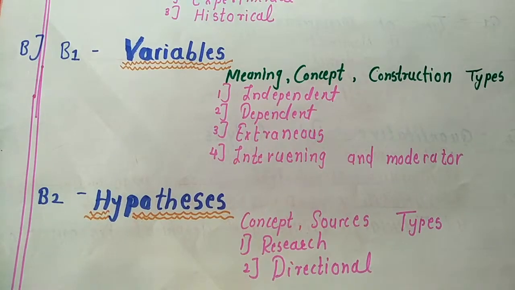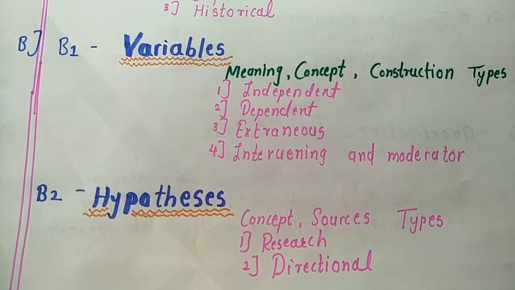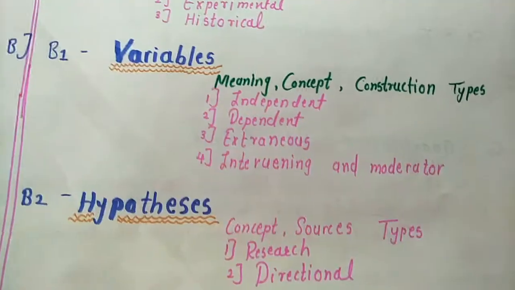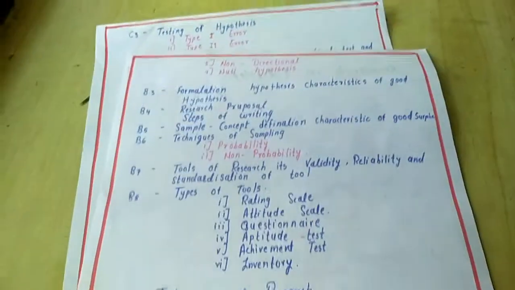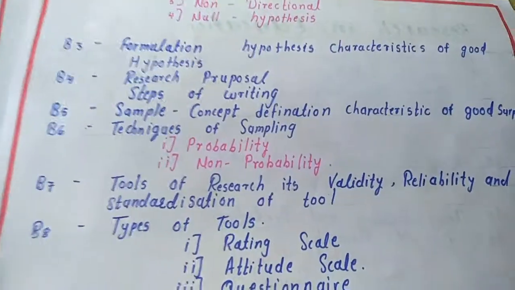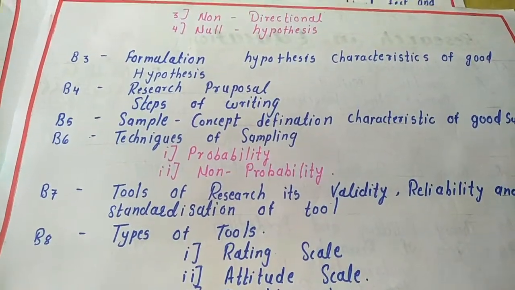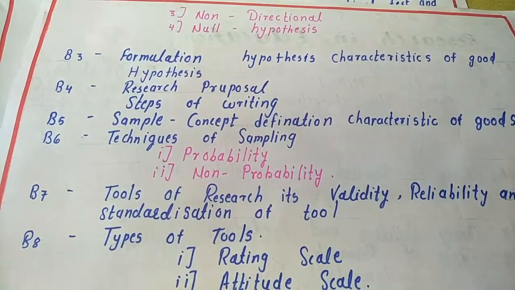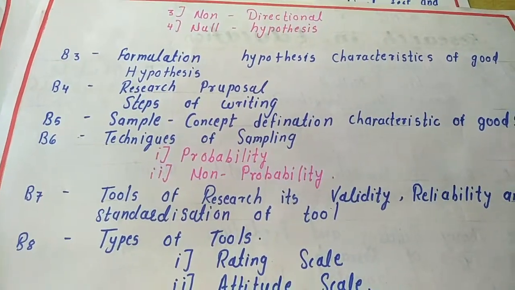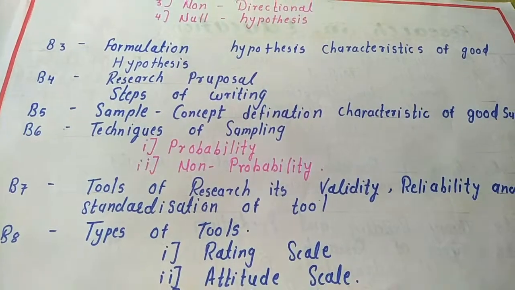Then hypothesis, concept and sources of hypothesis. Then types of hypothesis: research hypothesis, directional, non-directional, null hypothesis. Then formation of hypothesis, characteristics of good hypothesis. Then next one, research proposal,